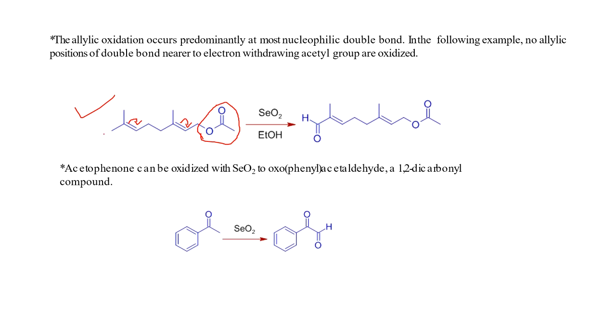Here this CH3 group gets oxidized first to alcohol group and then to carbonyl group, and hence we will get this product. Because of the presence of the electron withdrawing acetate group at this end, the allylic oxidation takes place at this end, so that we will get this product.